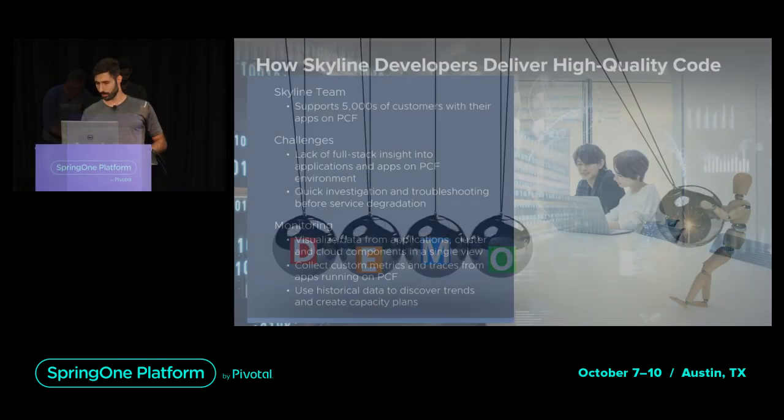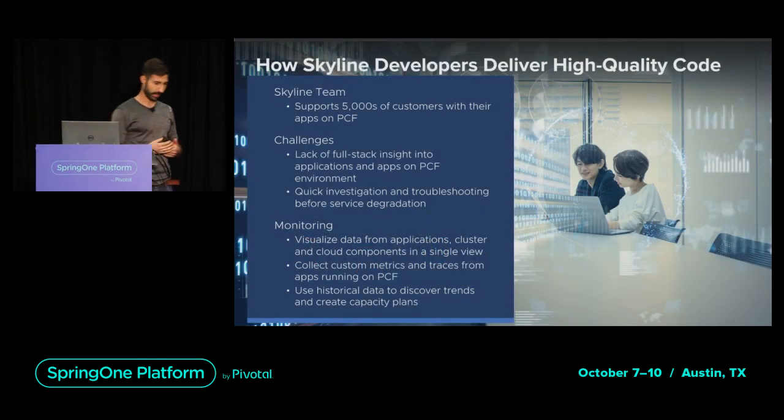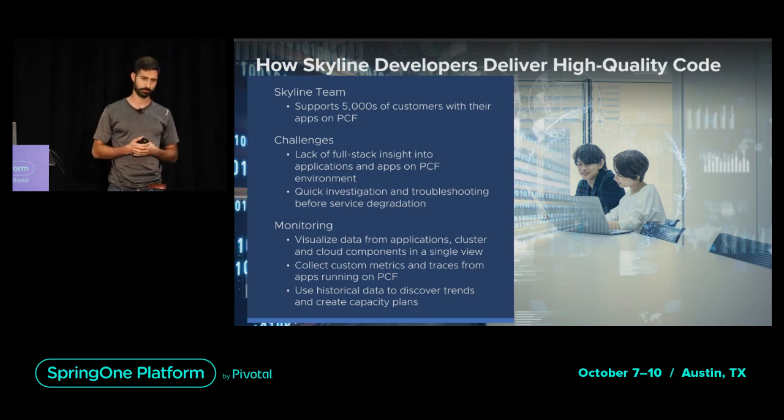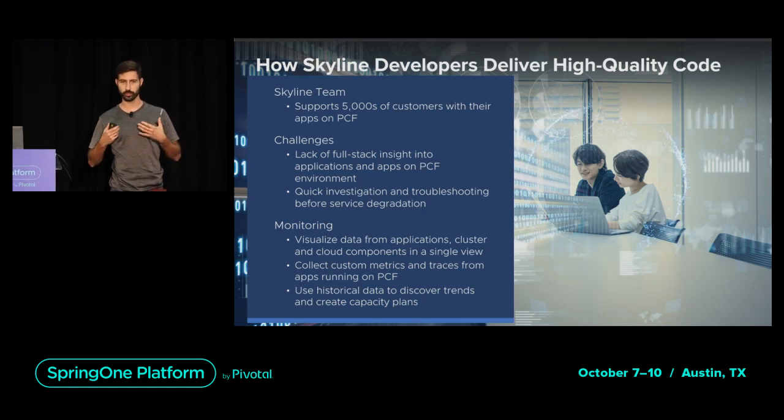So let me talk more about Skyline and explain what Skyline is. Skyline is a VMware product that aims to change how VMware does support to customers from a reactive type of support to a proactive type of support. So it has nothing to do with collecting metrics data and targeting any time series database. It's a product that enhances support.